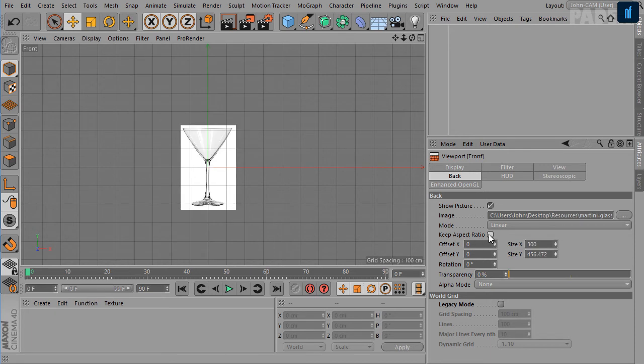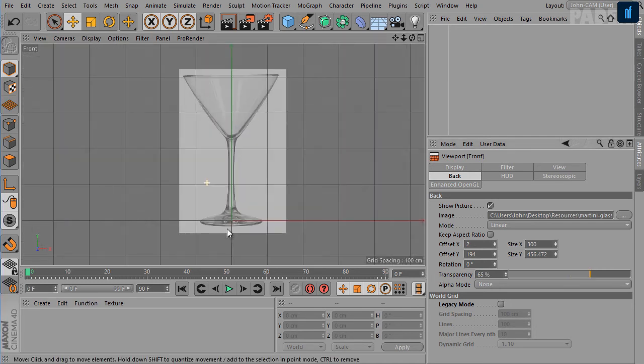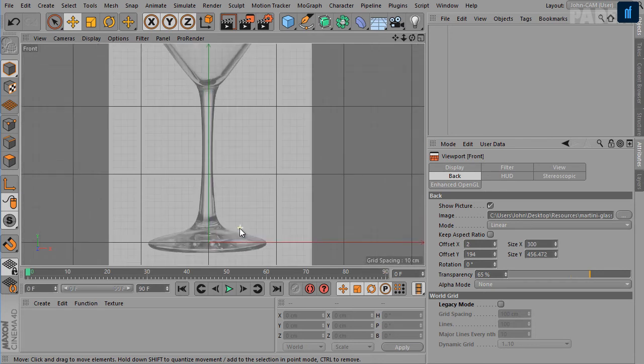Clear the keep aspect ratio checkbox and then set size Y to 456.472. And now change offset X to 2, offset Y to 194 and transparency to 65%. Alright, so now we have this image here.